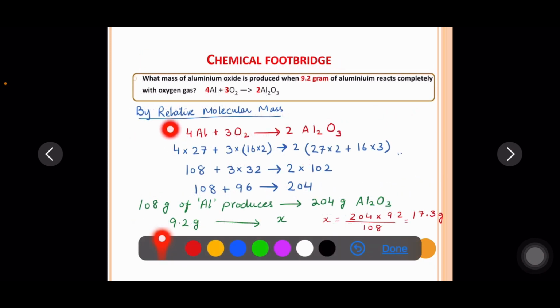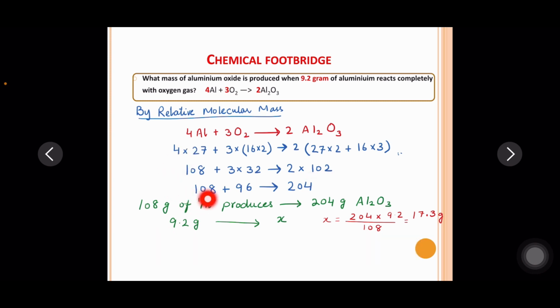The other method to calculate the mass of the product is by relative molecular mass. The equation is 4Al plus 3O2 forms 2Al2O3. 4 times 27 plus 3 times 16 times 2, where 16 is the MR of oxygen. 2 times aluminium, aluminium molar mass is 27: 27 times 2 plus 16 times 3. Here you can calculate. So 108 gram of aluminium reacts with 96 gram of oxygen and it forms 204 gram